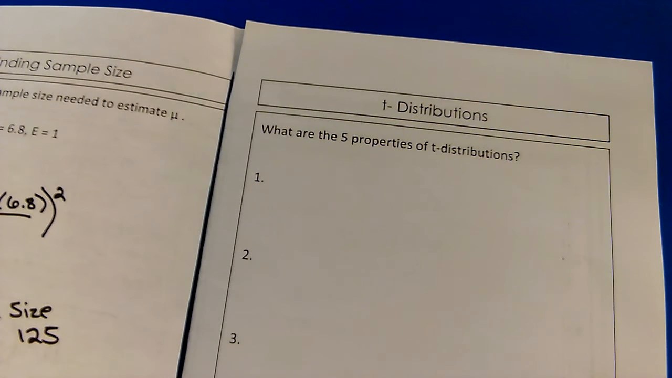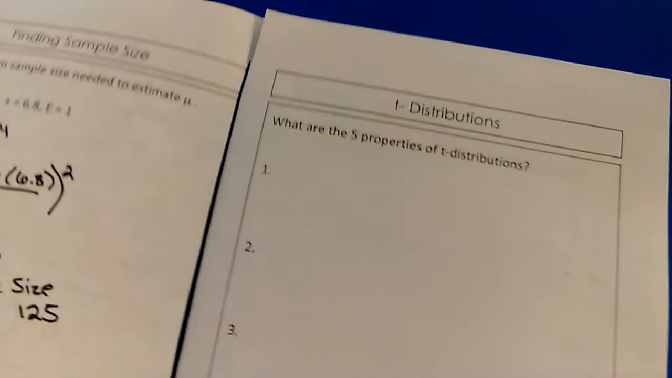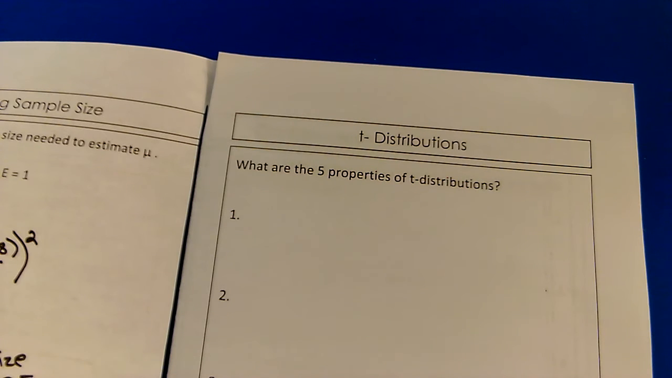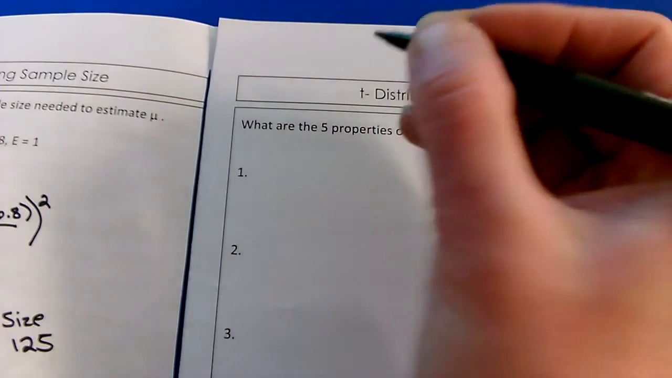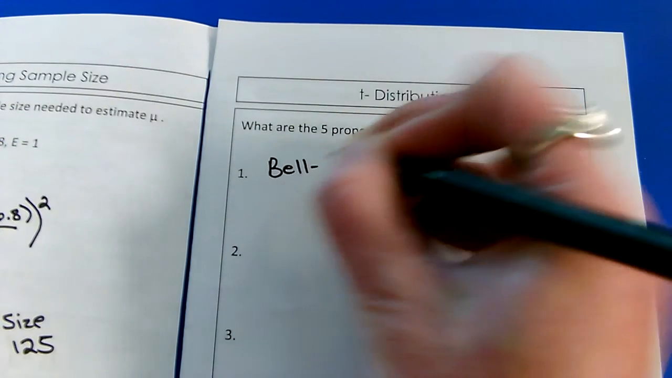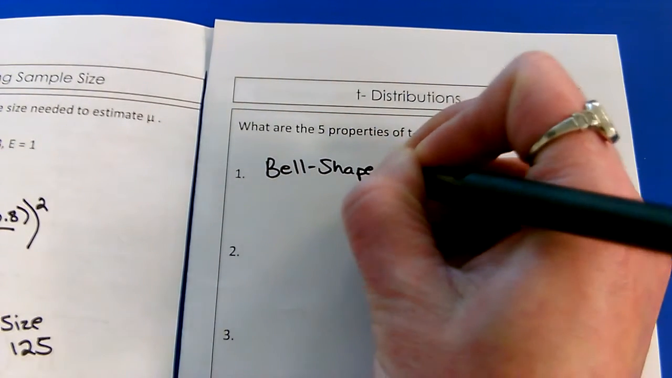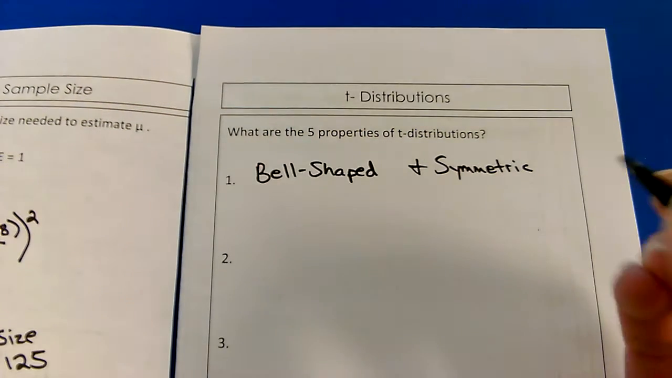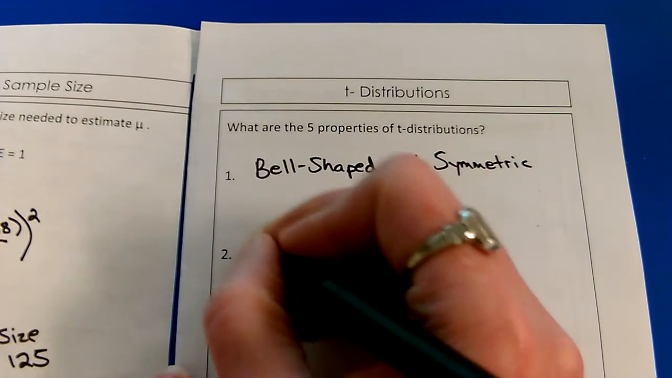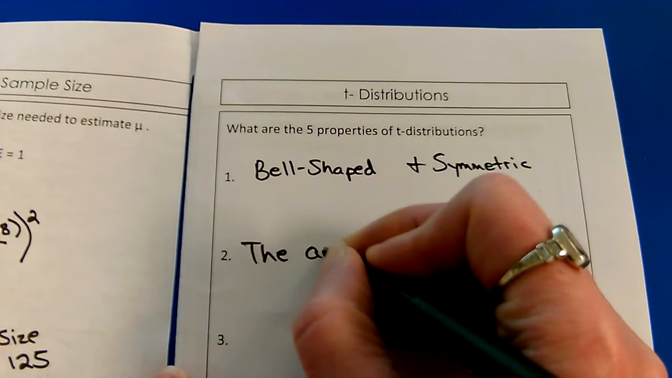Okay, so we've talked about normal distributions, the standard distribution. There's also something called a t-distribution. So there are 5 properties for a t-distribution. Number 1, it's bell-shaped and symmetric. So it's kind of like a normal curve. The area underneath